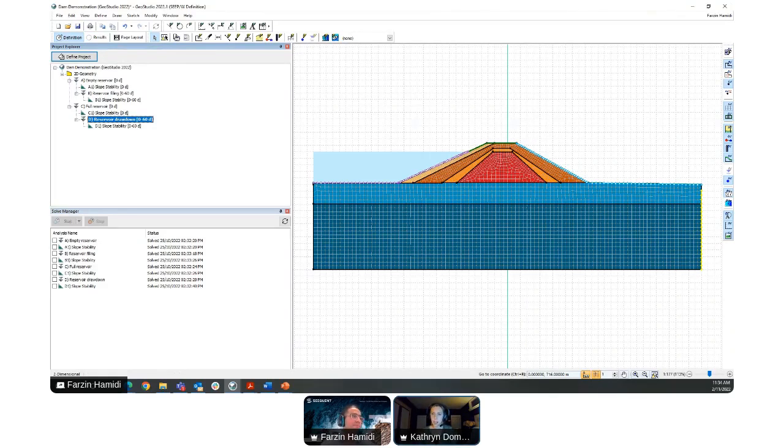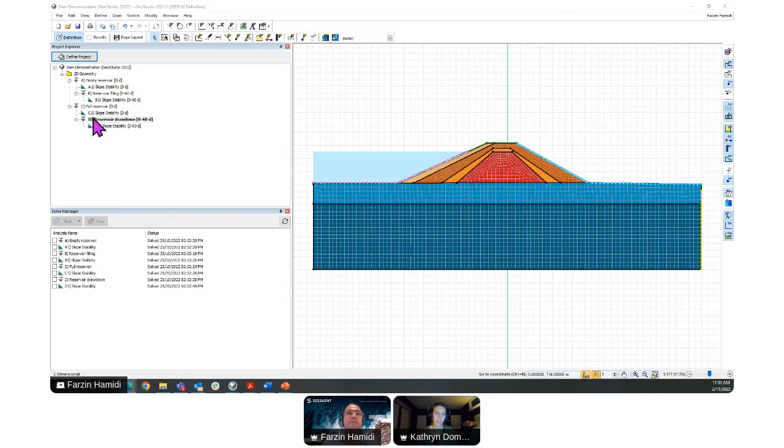I actually see, Farzan, there was another question that came in here about convergence. It says, I often see red X's and gray O's in my seepage analysis whenever I'm modeling dams. What do these mean and why do I see these?